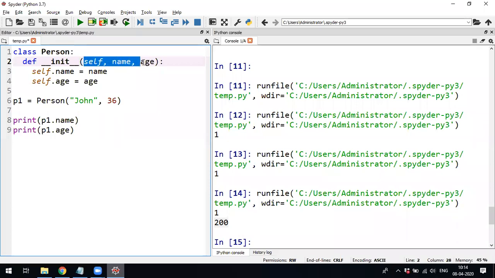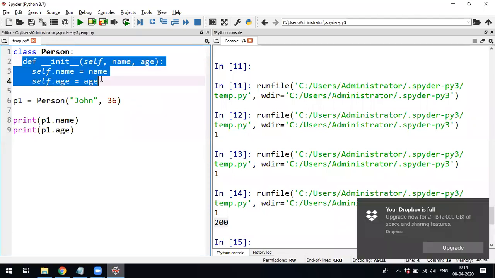Then followed by some attributes, then a colon, and the body of the function. See, this is the __init__ function that you have to write if you want to initialize the object.